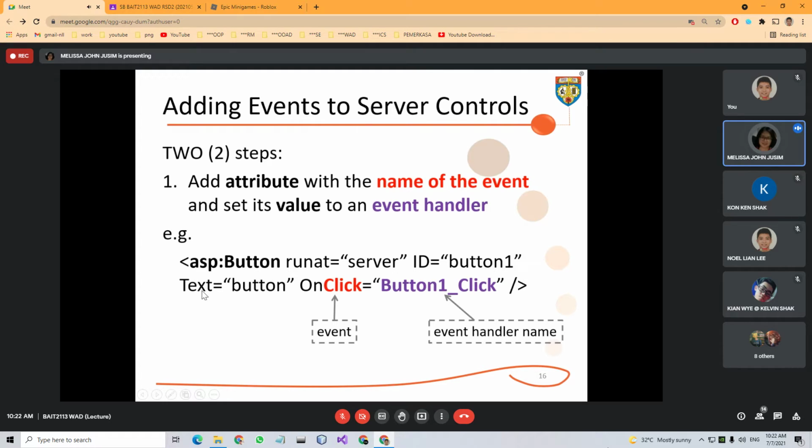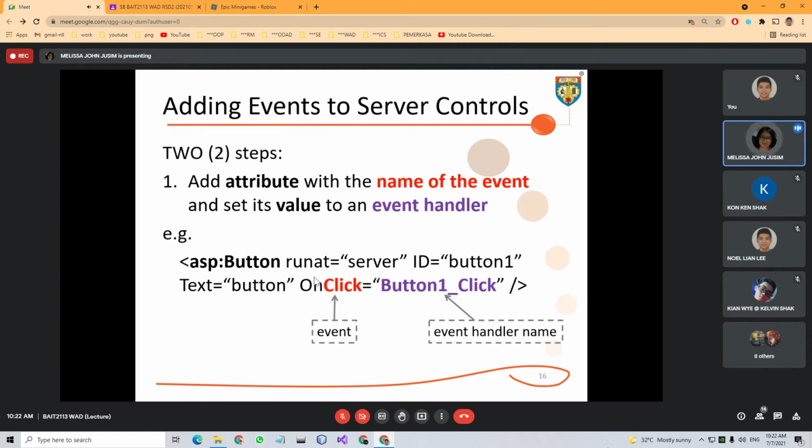Using the text attribute. The one that you need to add would be this attribute. So how do we add this? With the name of the event. A button we associate with a click event, so it will be OnClick. So this is the attribute that you will add to our button server control.